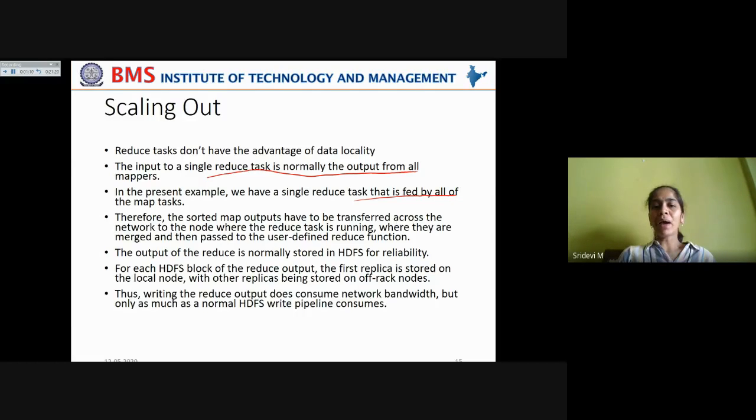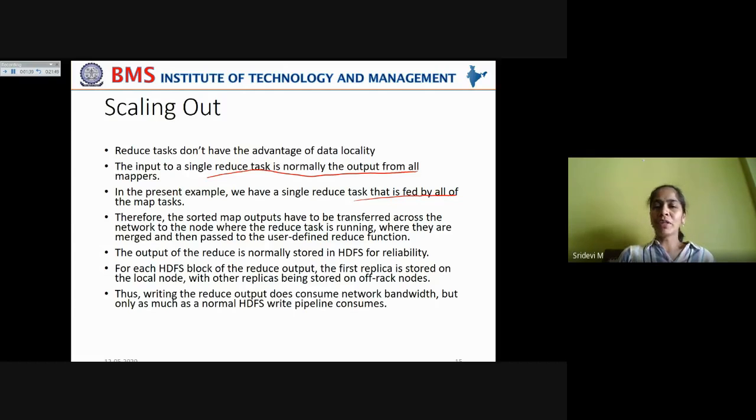Therefore, the sorted map outputs have to be transferred across the network to the node where the reduce task is running, where they are merged together and then passed to the user-defined reduce function. This requires utilization of bandwidth. We can't overcome this, because all the data from the map jobs has to be passed on to the reduce class.